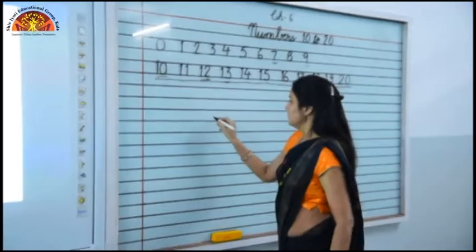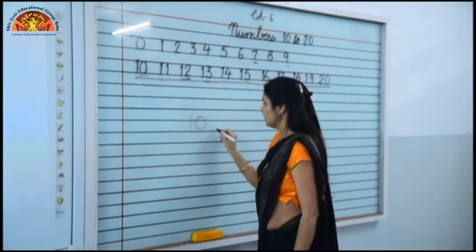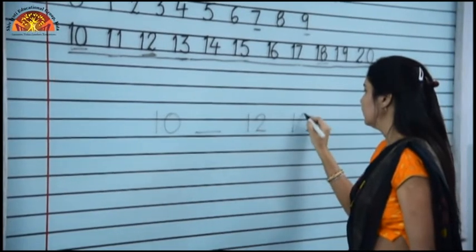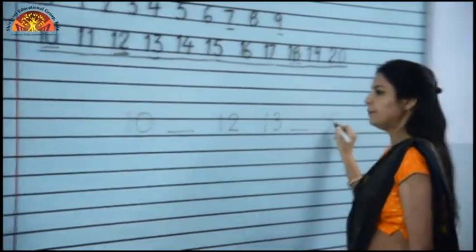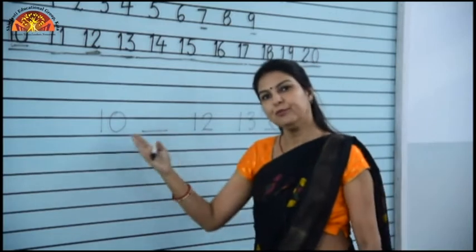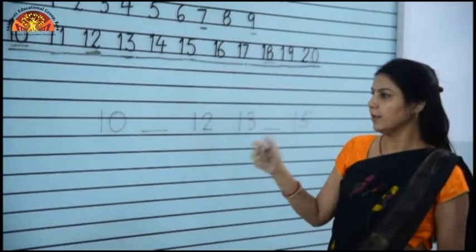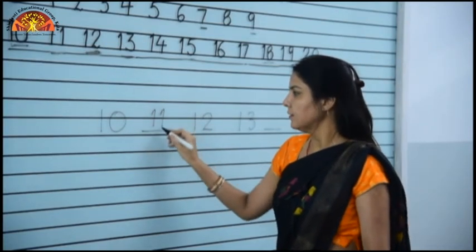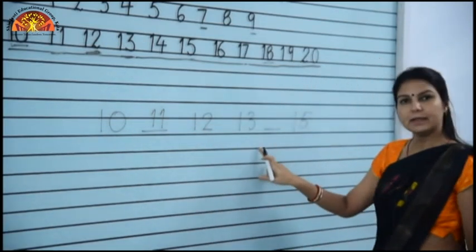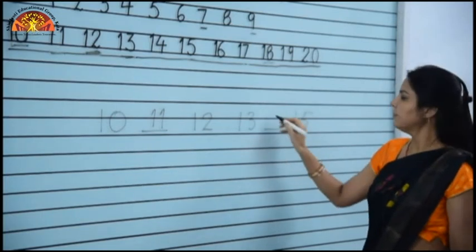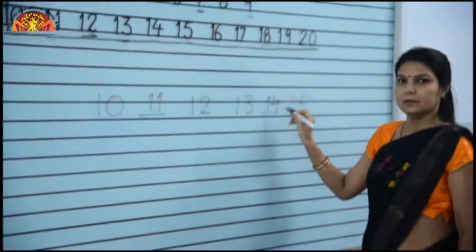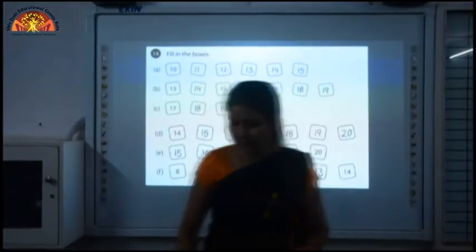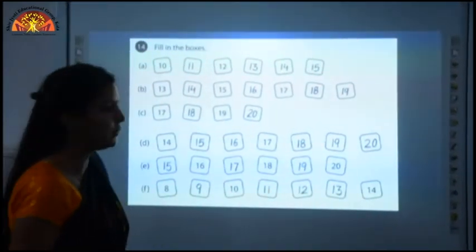Let's move on the board. 10 is written, blank. We have to complete this counting. So we have to move forward. हमें आगे बढ़ना होगा in counting. तो after 10 what we will write? We will write 11. 12 is written. 13 is written, then what you will write? You will write 14. I hope you have understood and you know the counting very well. In your previous classes, previous chapters, you have done the countings.